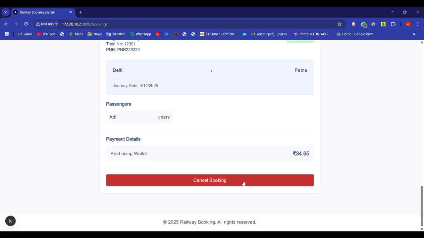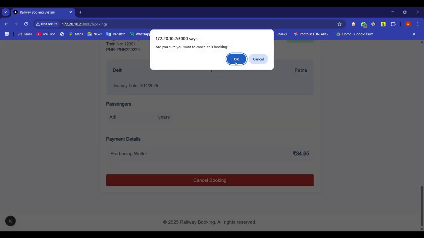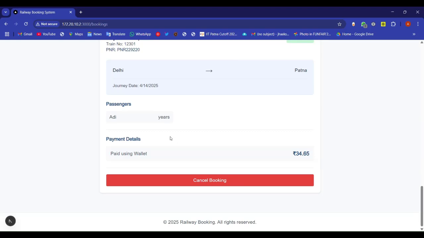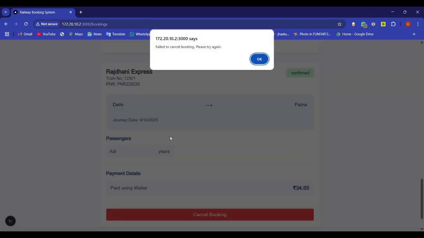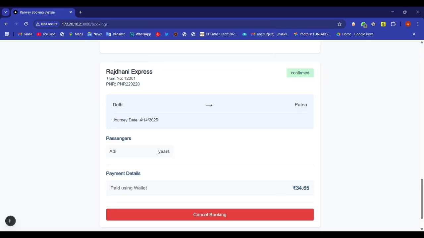We have also added a cancellation option, but it does not cancel if your journey has already started. If you try to cancel this, it will just alert us that it is unable to cancel. We can see how it reacts in the backend. I'd also like to show you how it works out with MySQL, so if I show the MySQL database to everyone,